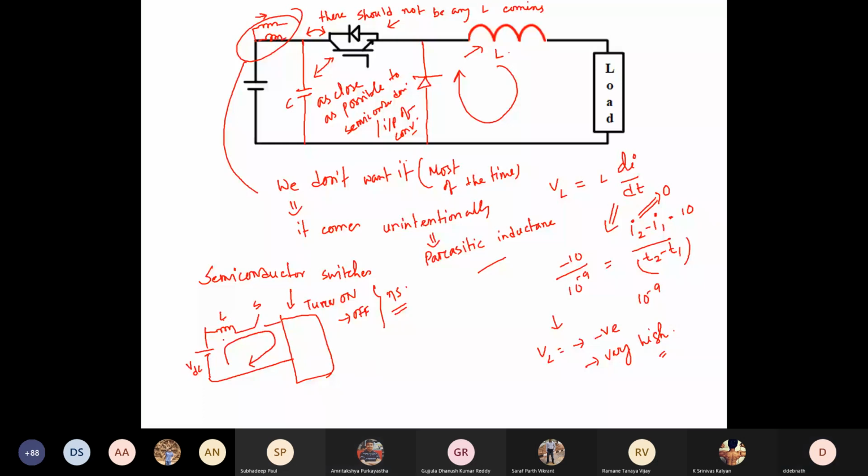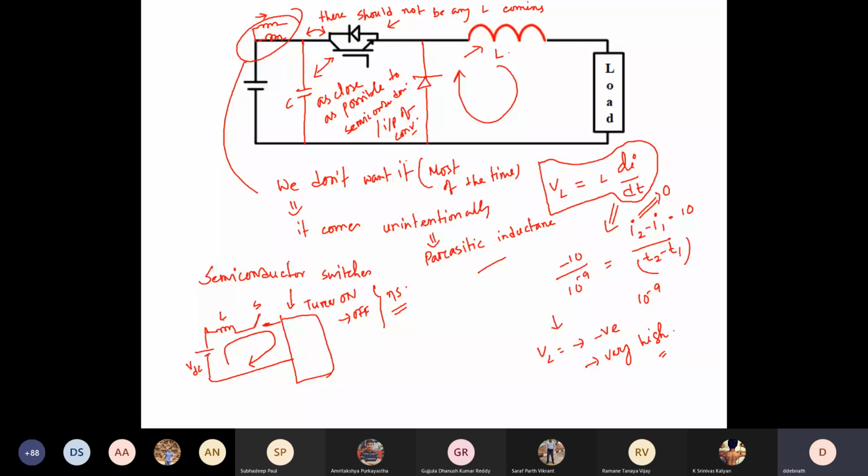Yeah, right. So what will happen to this L di/dt? That you physically try to understand. In a very short amount of time, I want the inductor current to go to zero, right? It will blow up. Basically, this extra voltage will appear across your switch. If you apply KVL, you will easily understand, and that can damage your switch.